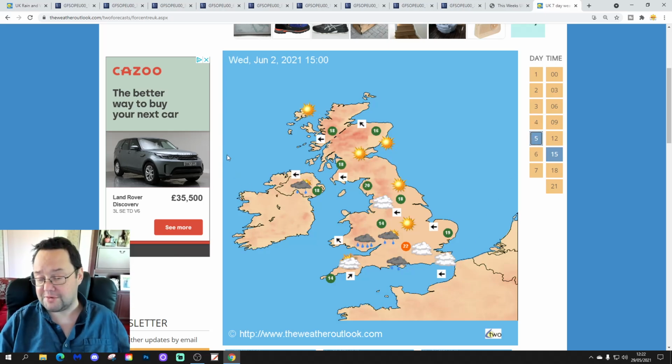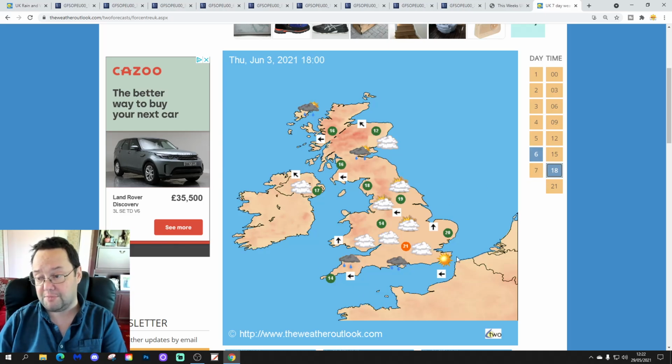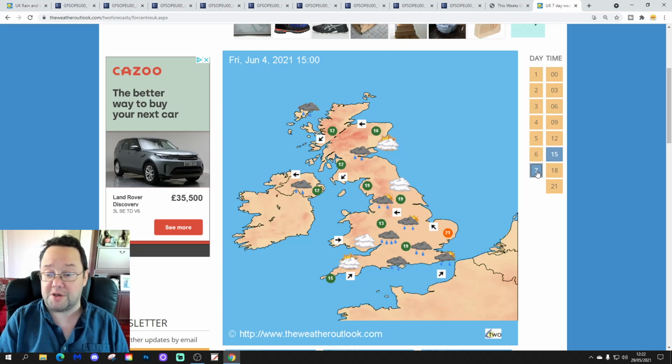But then on Wednesday, we start to get these heavy showers and storms breaking out in the southwest and pushing up the western side of the country. Into Thursday, those showers and storms will be in the north, easing off through the day. It's mainly dry behind that for a while anyway, but then we could start to see more thunderstorms developing in the south on Thursday afternoon and Thursday evening, and then we get through into Friday,